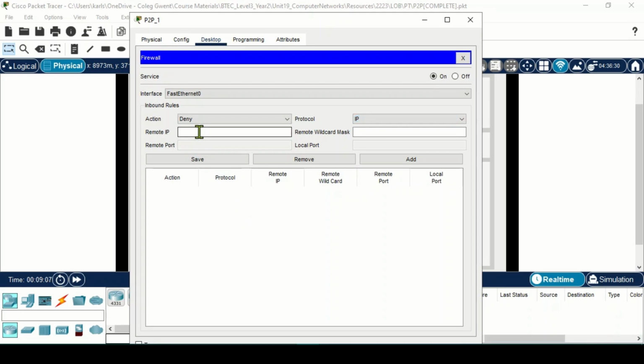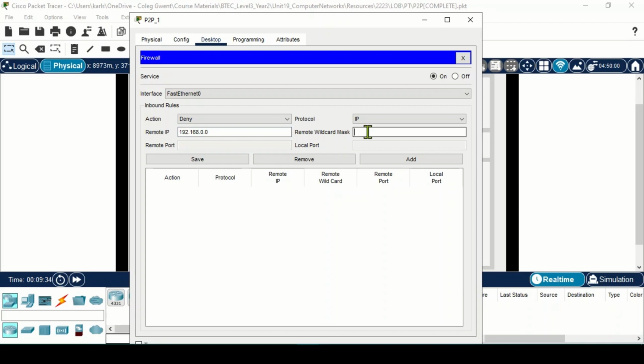The remote IP is the address of the network or the device that you are concerned with. So 192.168.0 is our network. Now we're going to block everything else on the network as an example first, so it doesn't really matter what we put here. So I'm just going to put 0